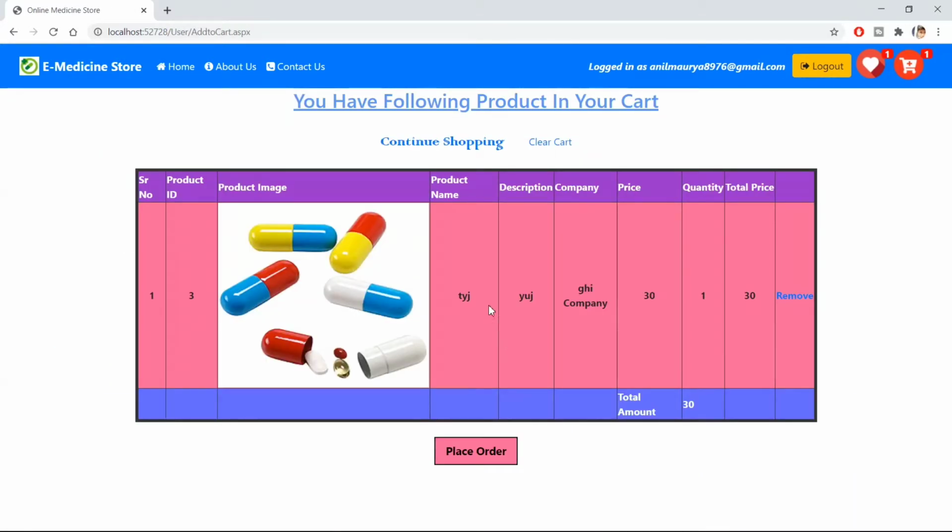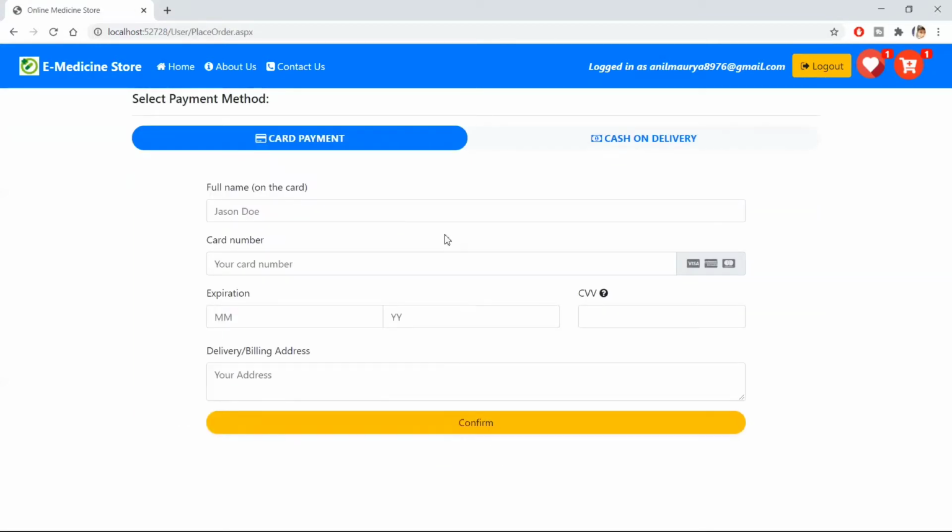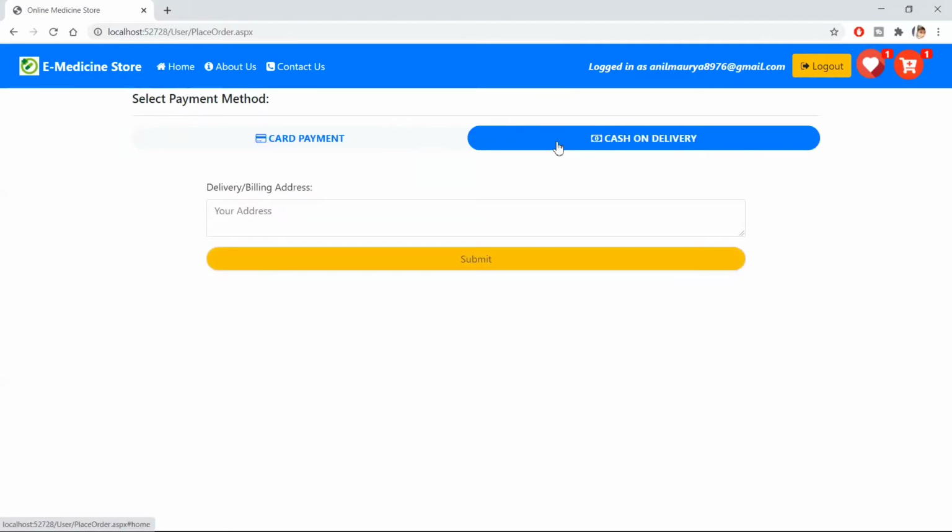So let's see, user wants to buy this or place this order. There are two options for paying. First one is card payment and second one is cash on delivery.